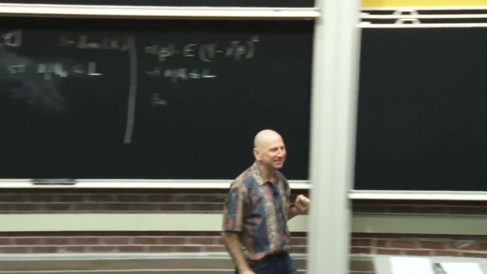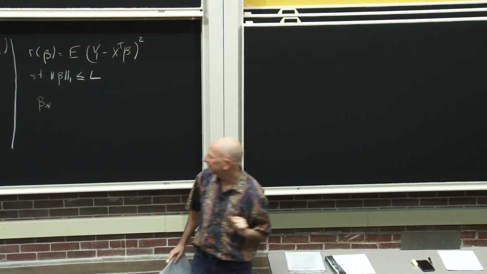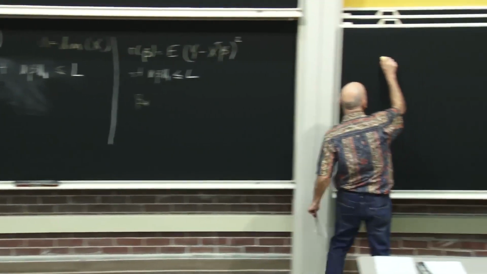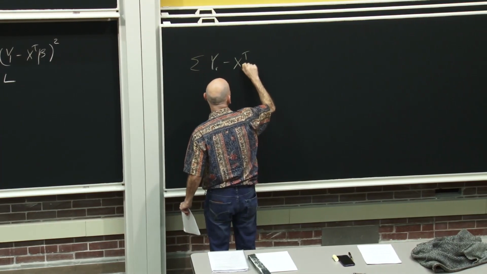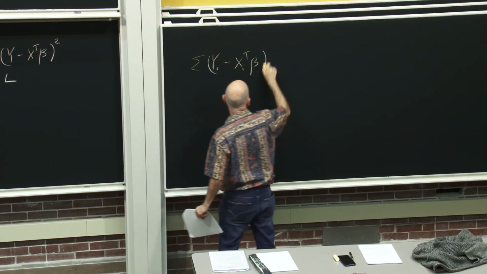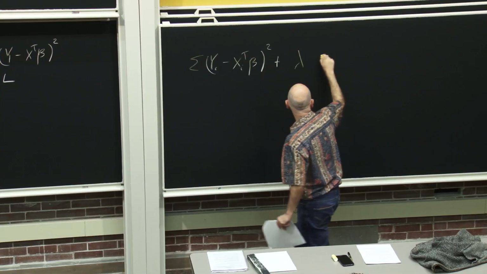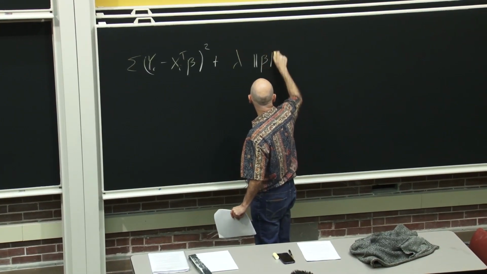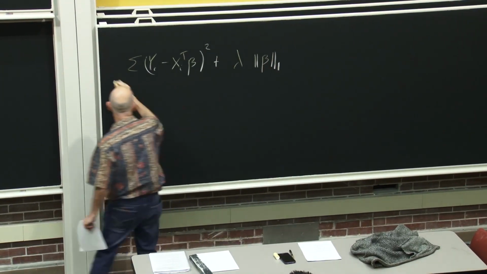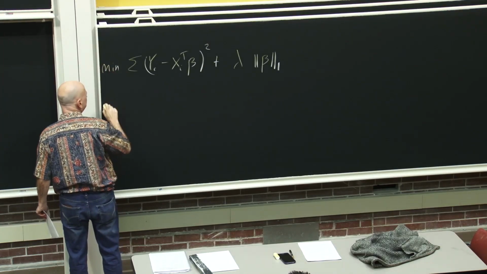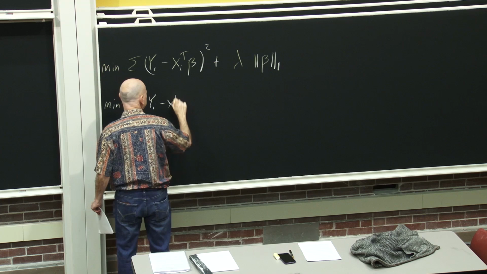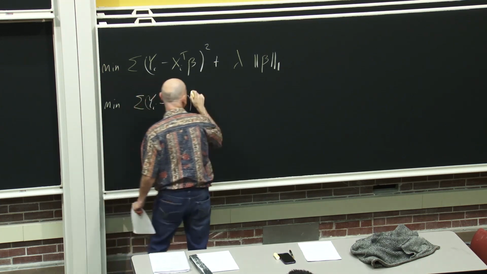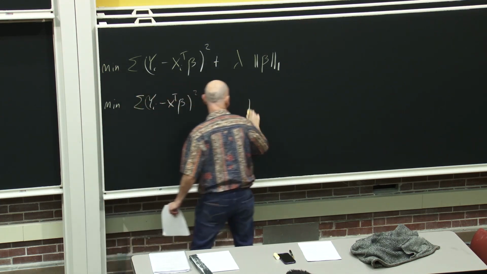You have written a hard constraint. What's the relationship between the hard constraint and the penalized constraint? Yeah, that's a good question. So there are two ways that the lasso, or many problems, are written. One is this, and the other one is, so minimize over beta, minimize this over beta. The other one is minimize this subject to